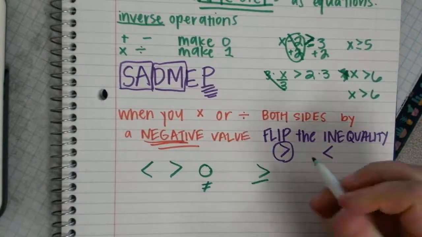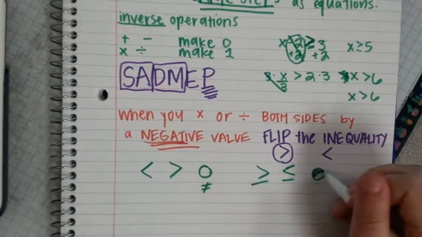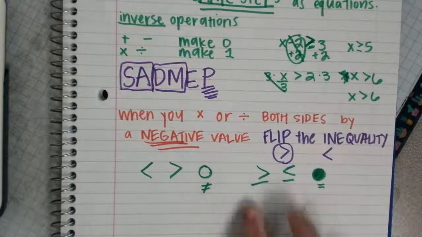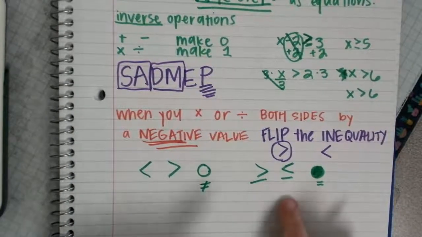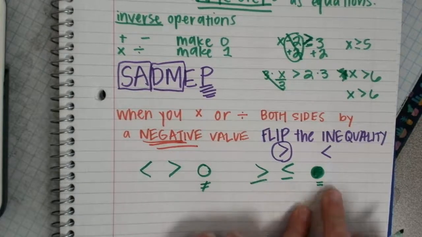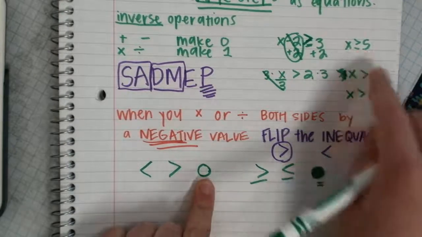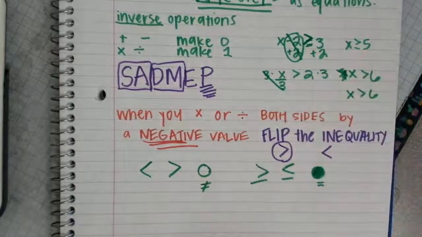If we have a greater than or equal to or a less than or equal to, we use a closed circle because that value could also be equal to. If your symbol is underlined, that means or equal to, and that's because the value in your inequality, like the 6 or this 5, would be included as a